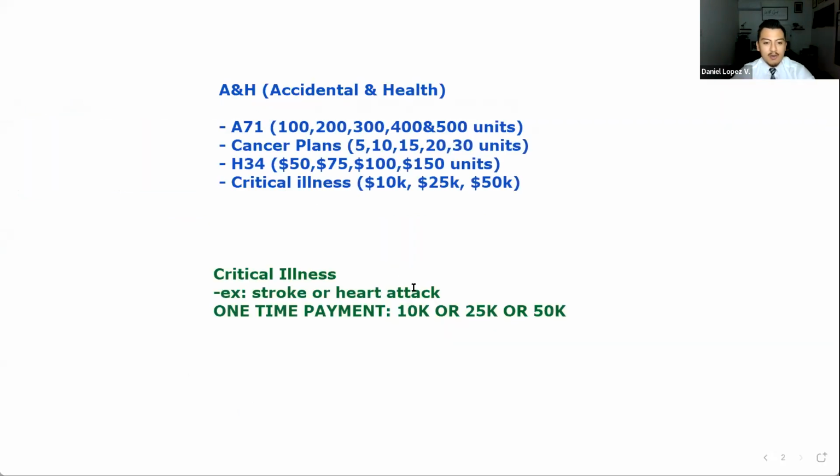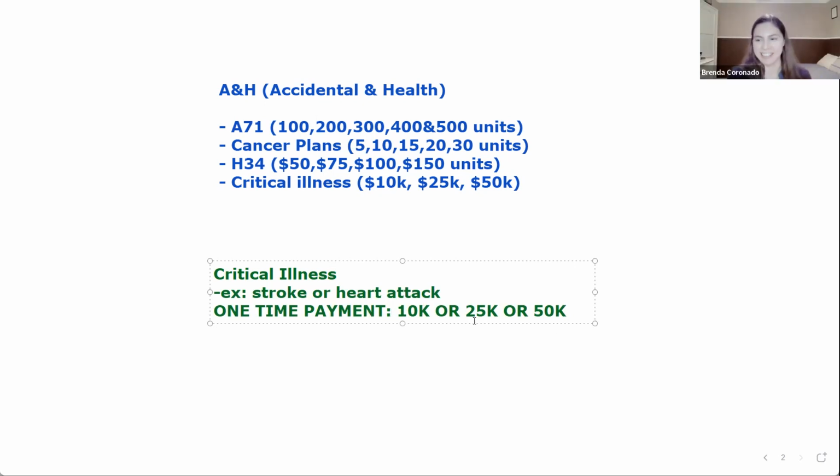Critical illness just pays that, which is why sometimes I kid around and Brenda says, "Why are you drinking so many Monsters? Why do you take too much pre-workout when you go to the gym?" I'm like, well, if I get a heart attack, we're gonna get paid. We're gonna pay $50,000. That's a nice vacation. So, kidding. But that's right, Jennifer. Shake your head. That's right, thank you. But there's always one of these. There he is, drinking more Monster.